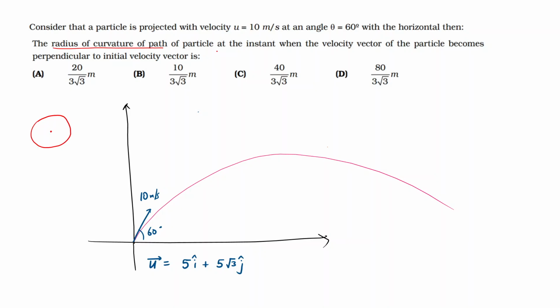Okay, so we have this initial velocity vector u, and when will the velocity of the particle get perpendicular to this u vector? So it should be somewhere here, right? Because at this point, at this instant, the particle will have a velocity which will be tangential to the path. And this is pretty interesting. Whatever your path is, the velocity is always going to be tangential to the path. So suppose if a particle is moving in this path, and here its velocity will be tangent to the path,